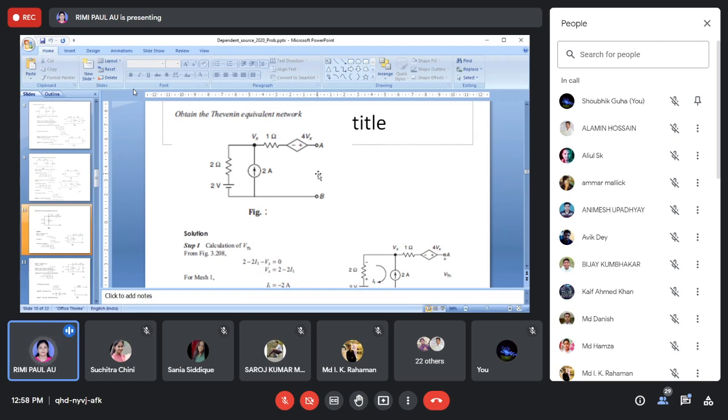Here it would be R, not Z. Z I use for an AC circuit. Here it would be R, because only the resistive load is present. So RTH I can find out. VOC by ISC, if I do that, I can get RTH. And in this way, we will find out either RTH or RN. If it is RTH or RN, both will be equal.